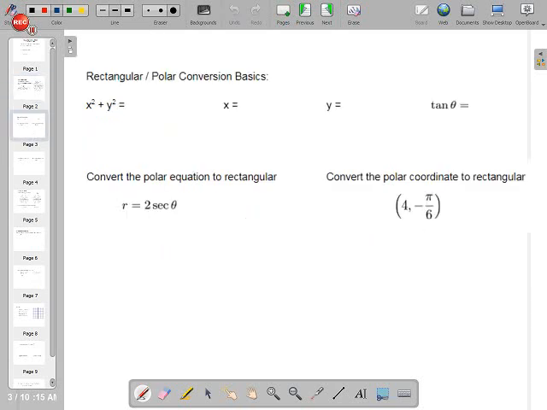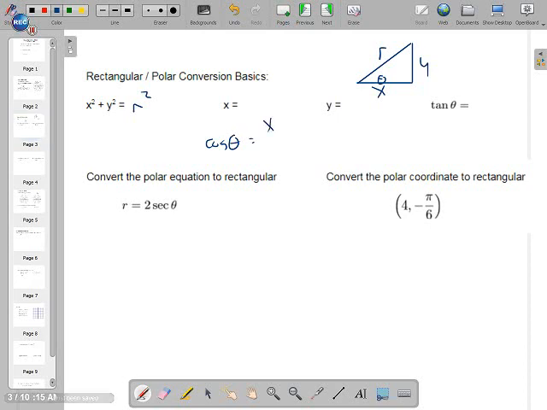Let's do some polar conversions. You should remember that this is essentially the Pythagorean Theorem. If I draw a triangle here, and I say that this is x, and this is y, and that is r, and that's theta, then x² + y² would be r². Well, r cos θ is x. Let's maybe start over here. If I said the cosine of theta